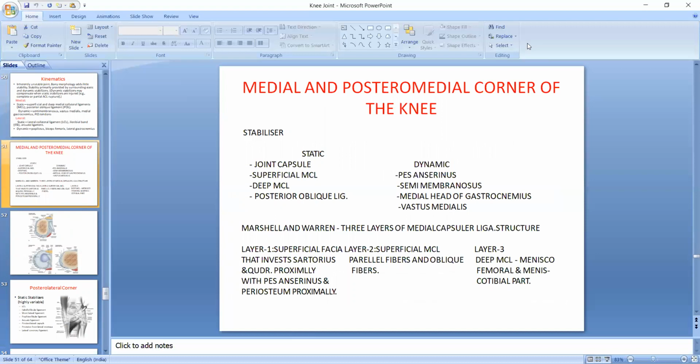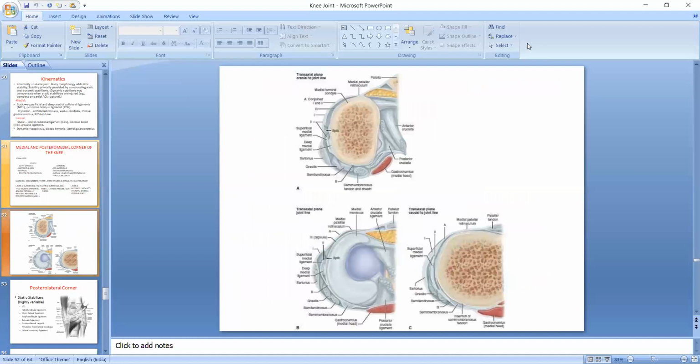Medial and posteromedial corner stabilizers of the knee: static are the joint capsule, superficial MCL, deep MCL and posterior oblique ligament, and dynamic are the pes anserinus, semimembranosus, medial head of the gastrocnemius muscle and vastus medialis muscle. And we can see here